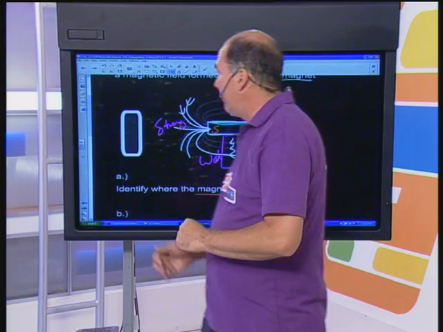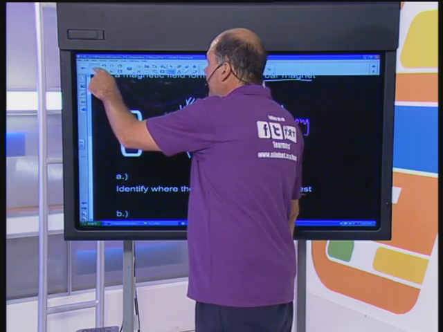Take your compass needle. The compass needle will give you the direction of the field line. And you can do it very practically. Get yourself a little plotting compass, get a piece of paper, and you put the magnet underneath, and you move your compass around, just draw little arrows, and join those arrows together, and you'll get your field line map, which really tells us where the magnetic field is.